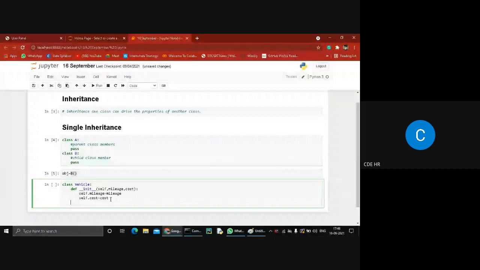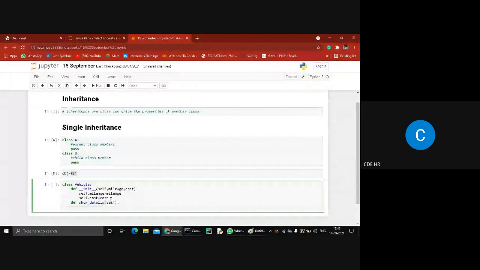Okay, so now we have defined a constructor and also defined all the variables and assigned them. Now I am creating another function whose name is show details, and it contains one argument, known as self.